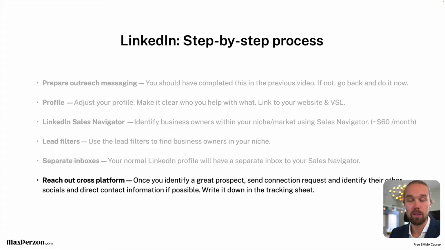And write it down in the tracking sheet. So there's no right or wrong here. Your plan or your strategy might be that you're going to identify people on LinkedIn and then reach out to them in a DM on Instagram. Or you're going to identify them on LinkedIn, send them a friend request here on LinkedIn, also do the direct messaging to them on LinkedIn, but you're also going to send them a DM and an email. So it's completely up to you how you want to reach out, but reaching out cross-platform can be very, very